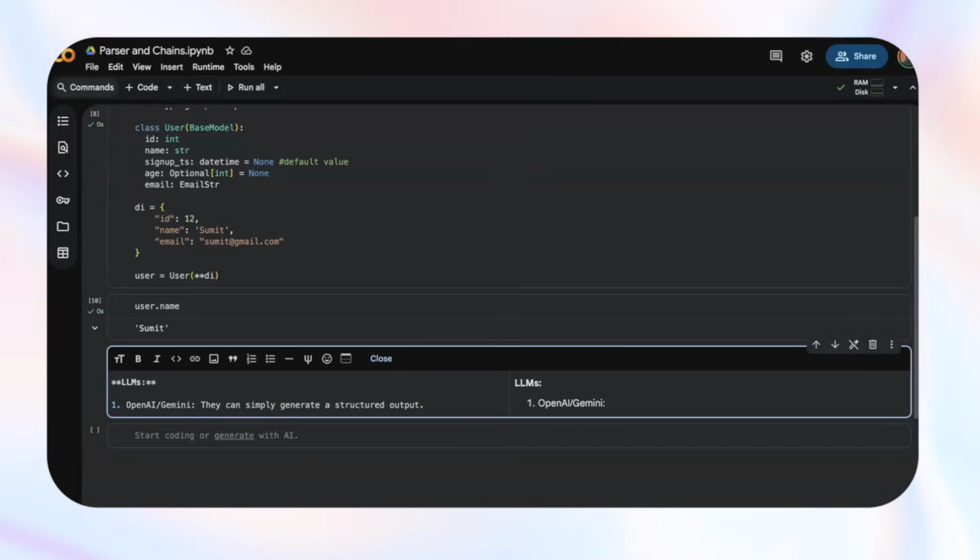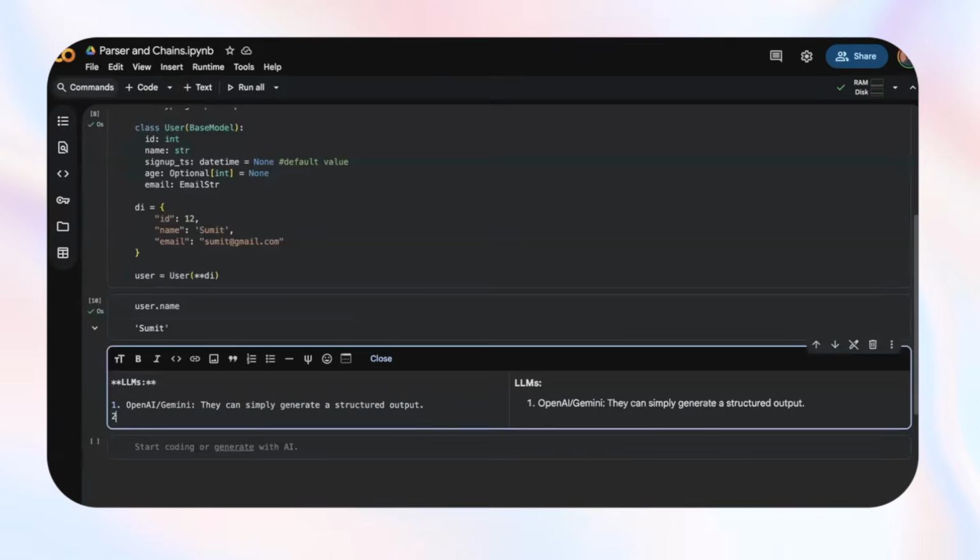But there are some open source LLMs which are not trained to generate